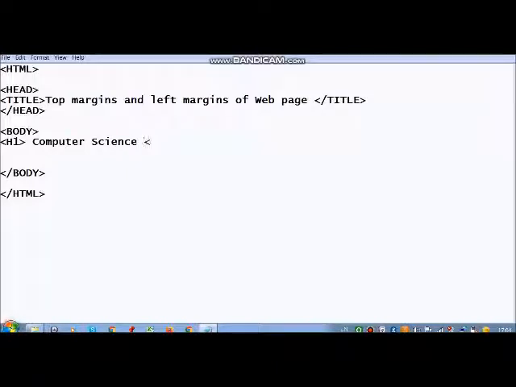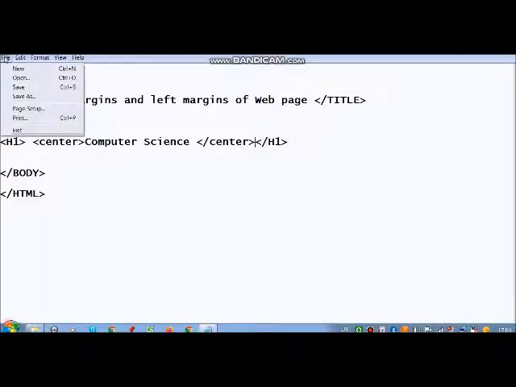Okay, and then slash h1. This is my tag which I have used. One more thing we are going to apply here: the center tag, and going to close this center tag before h1.